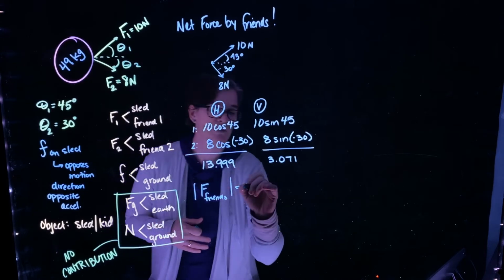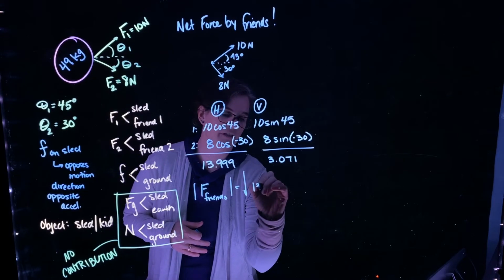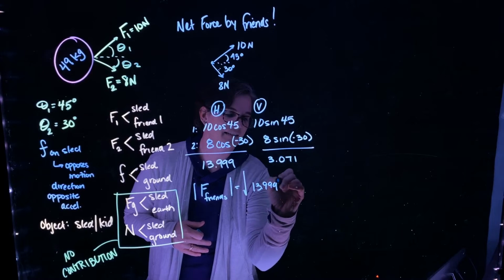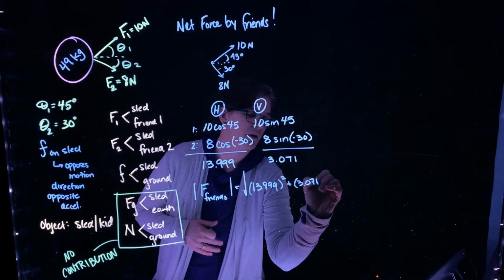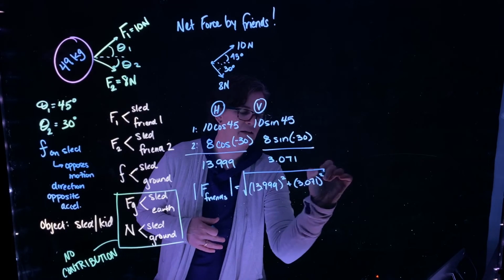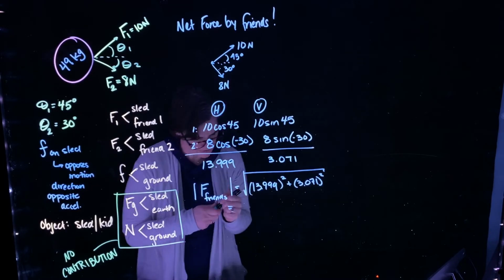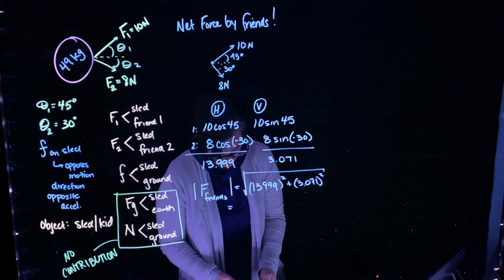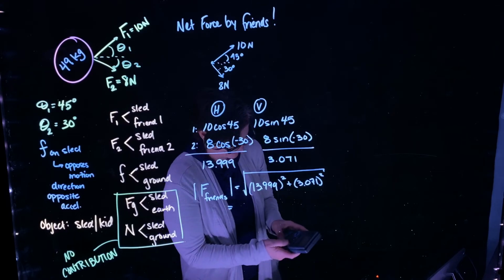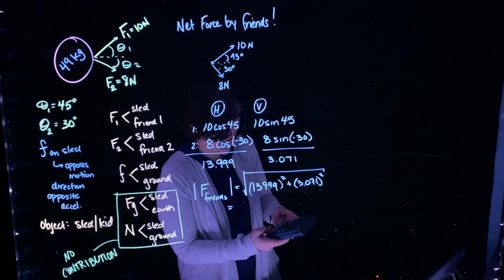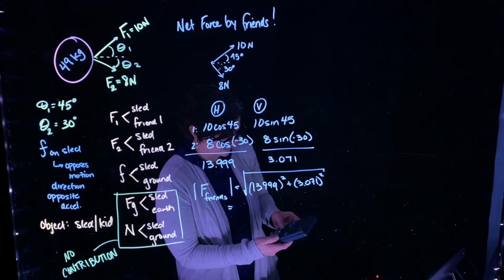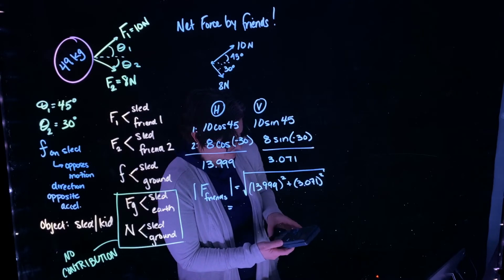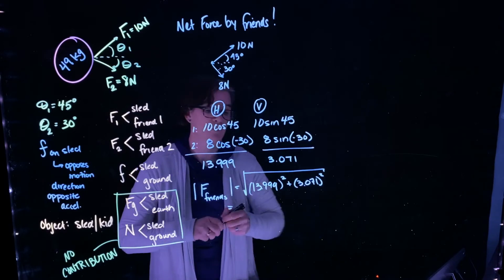in magnitude is the square root of 13.999 quantity squared plus 3.071 quantity squared. So I'm going to use my Pythagorean theorem here. So we have the square root of 13.999 squared plus 3.071 squared. And that gives us 14.33